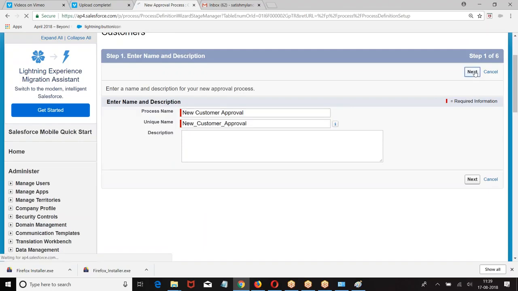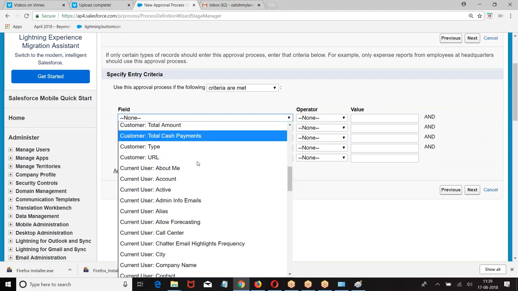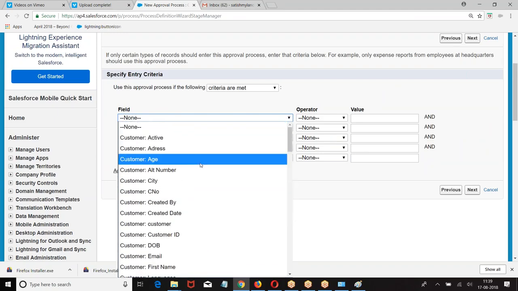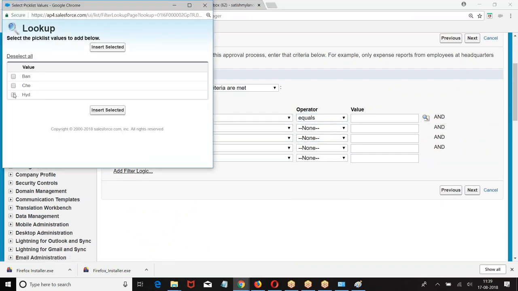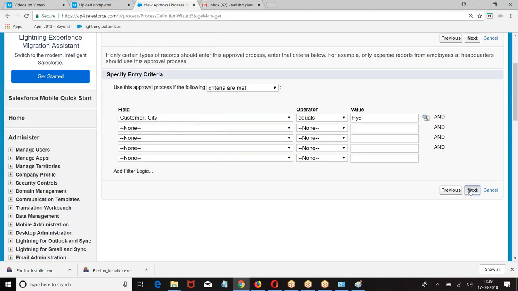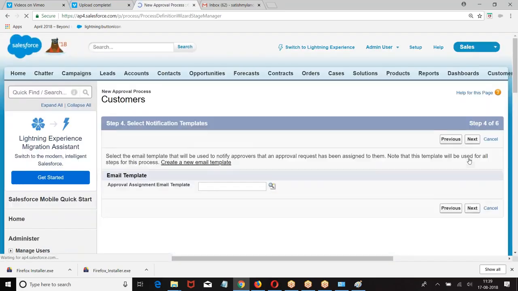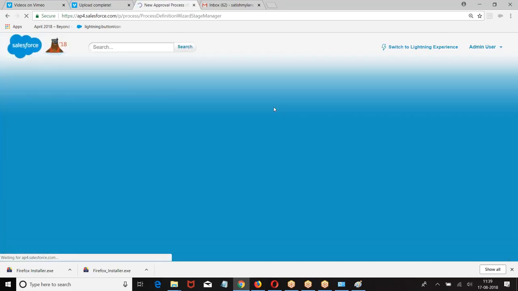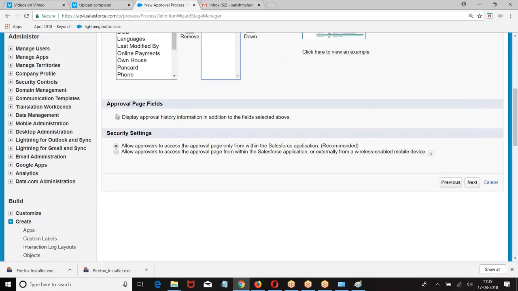new customer approval. When customer city equals to Hyderabad, then display.